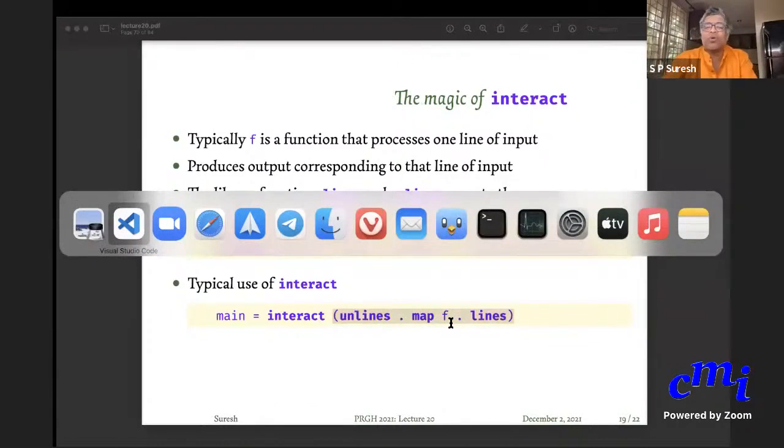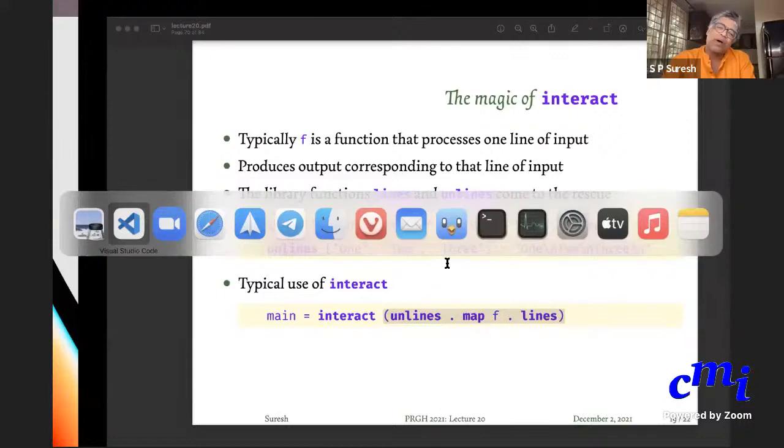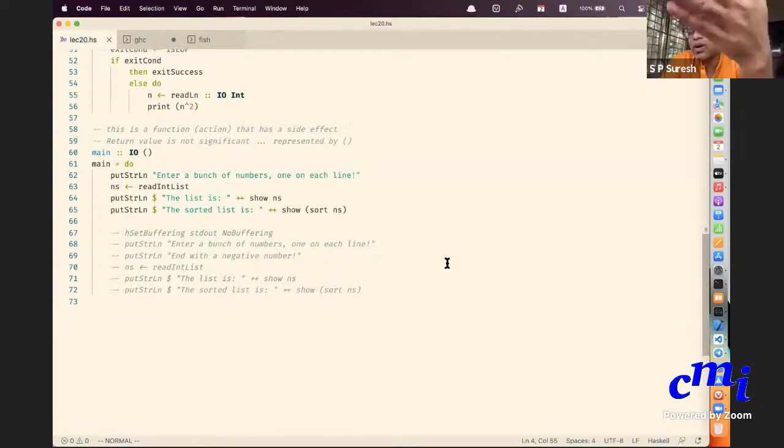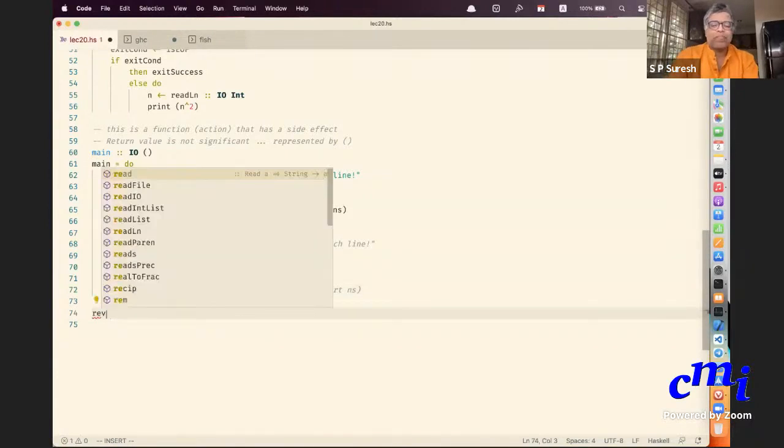Suppose I want to write a program which does something silly like read each line and reverse each line, let us say. Then all I need to do is rev each line.